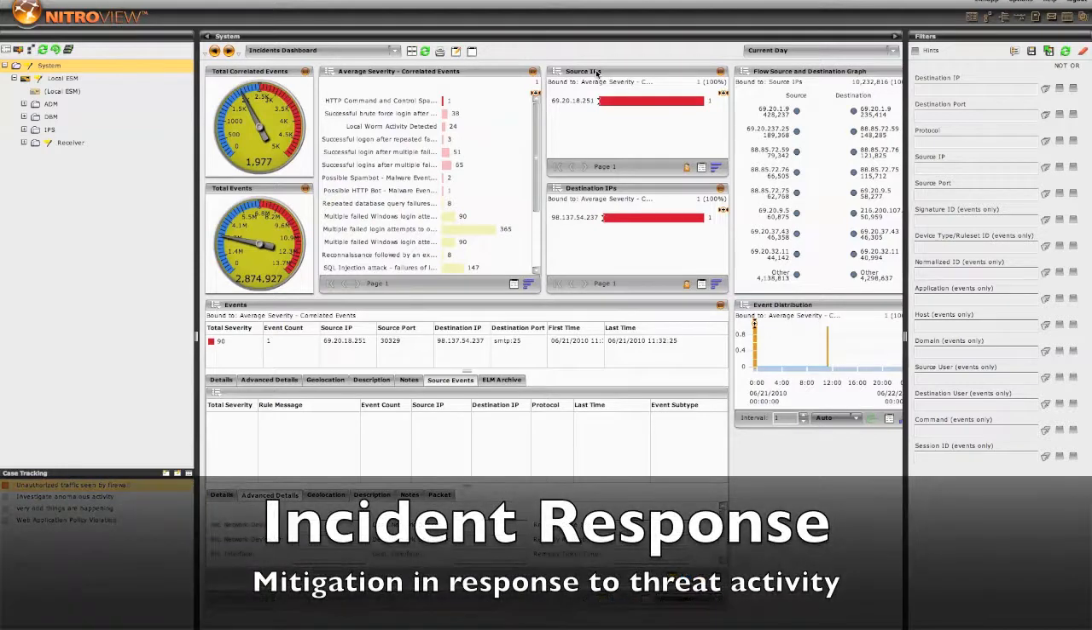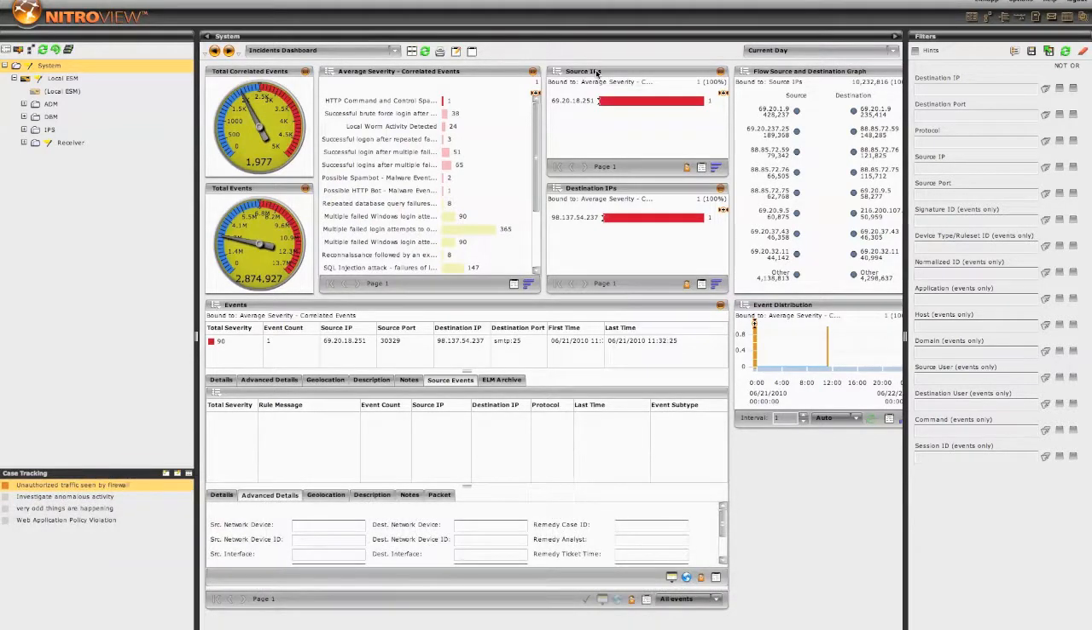So we've detected an event, we've been notified of it, either visually through the user interface or through the notification system of NitroView. Now what do? Well, there are a few things we can do. We can take a very active approach. Again, if I filter on our source user,